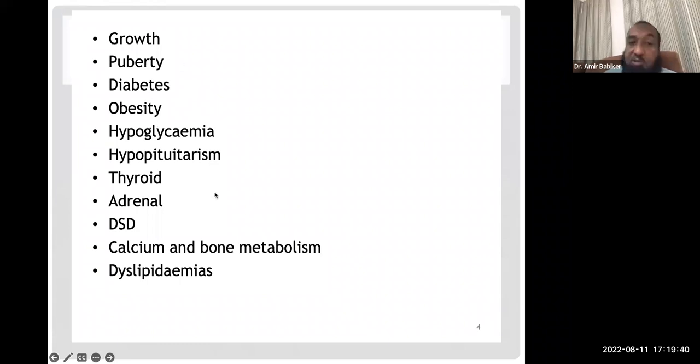And if I find the time, I'll talk about diabetes, and I'll leave the rest of the topics to be covered either during the MCQ sessions or separate talks by my colleagues next week. My talks here will be simple, contain a lot of photos and explanation and description of the pathogenesis and management, and also will include some MCQs at the end of each section, possibly, or most of them.